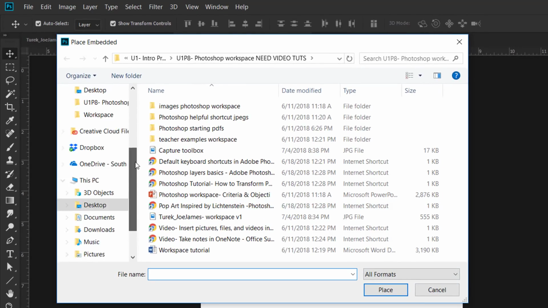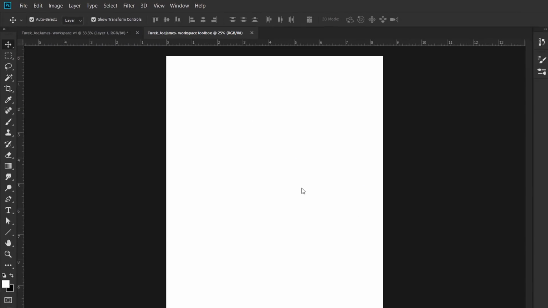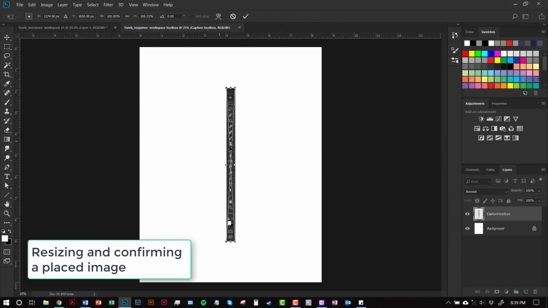And right now it's actually in the folder I need it to be, but normally you would have to navigate to the folder you want to be in. And then from here you can pick image files and you can place them. So we're actually going to place this capture toolbox file we just made into our document. So click on your capture toolbox file, and then click place,